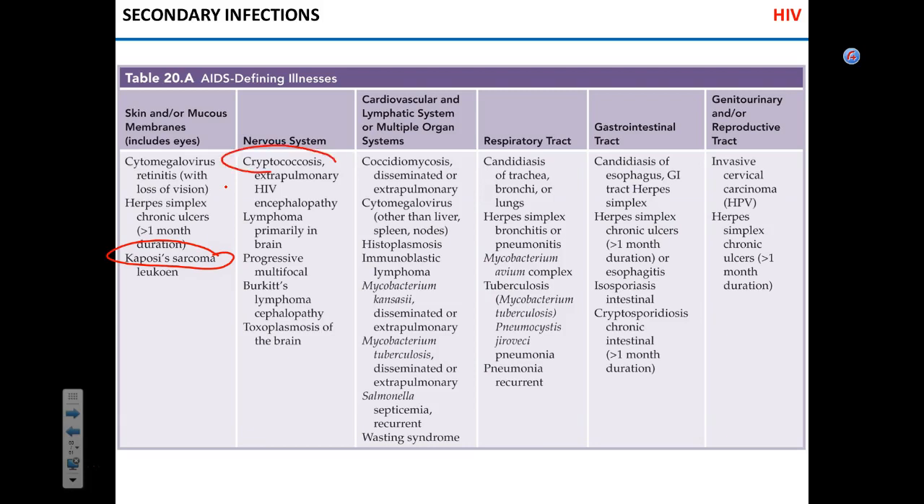Characteristic is cryptococcal infection. It's the infection with the fungus called Cryptococcus neoformans. It causes chronic meningitis. Okay. Another condition, toxoplasma,